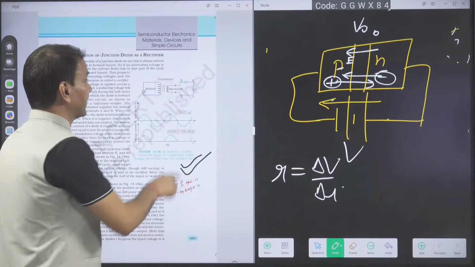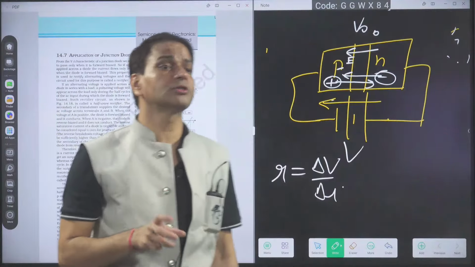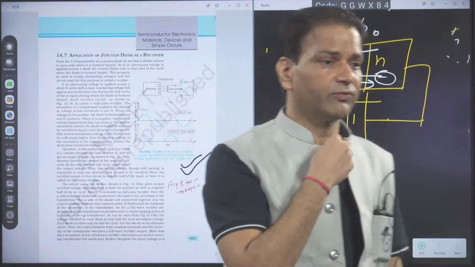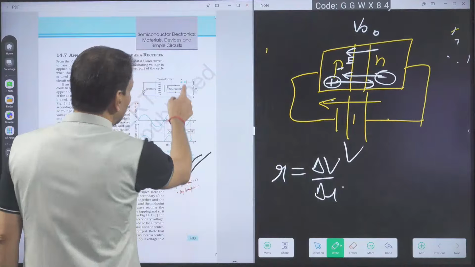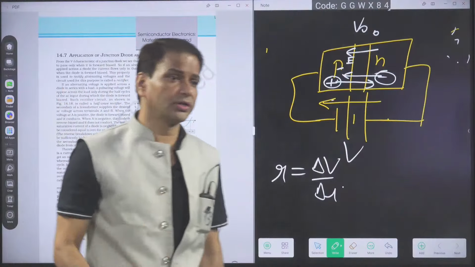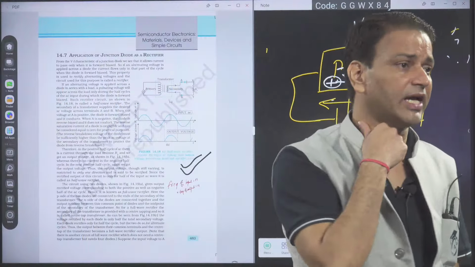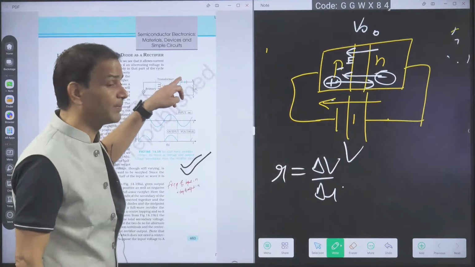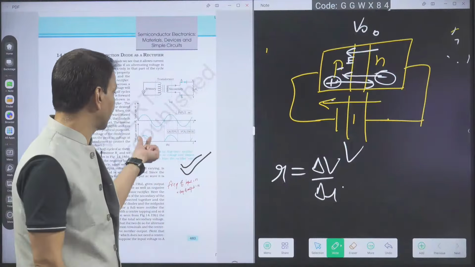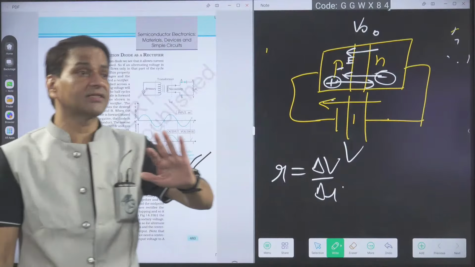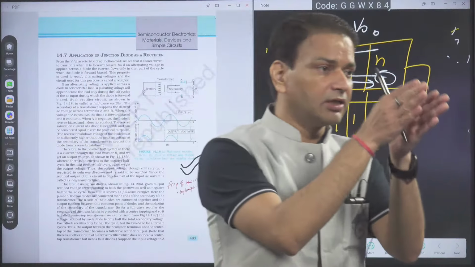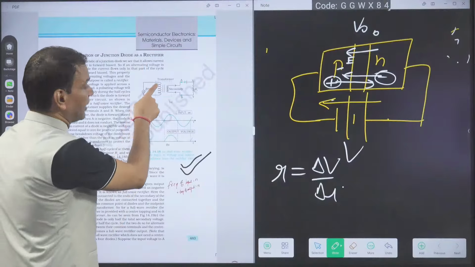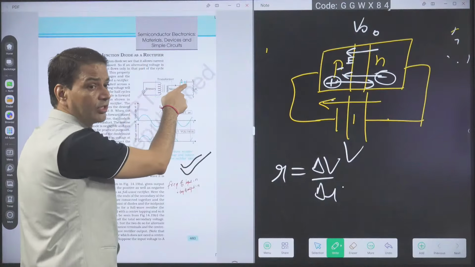But what I am saying is, we select a diode whose breakdown potential must be large in comparison to the peak inverse voltage. Why? Suppose this diode's breakdown voltage is 5 volt and the inverse peak voltage we are getting is up to 6 volt. When we apply reverse bias, we are not getting current. That's why we say only half wave gets rectified, but we still call it rectification because current is flowing only in one direction. But suppose the negative half cycle peak value is 6 volt, while the breakdown voltage is 5 volt.